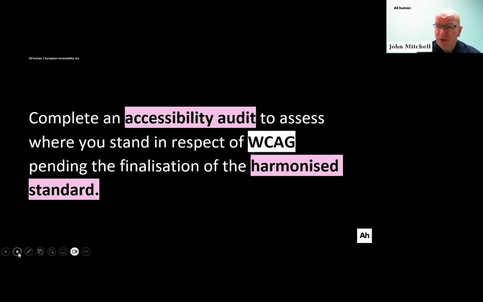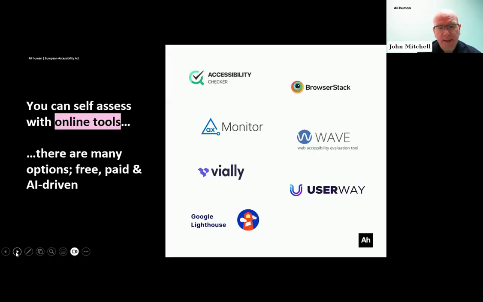There is a trifecta of typically design, content, and technology or developmental tasks, and broadly speaking, accessibility compliance falls into those three buckets, and they're quite interlinked. So the accessibility audit gives a snapshot of where your digital asset is standing in respect of the WCAG, and I can't emphasize enough that WCAG is the standard that is being used and applied pending the finalization of the harmonized standard, as Dermot alluded to. If you go on to the next slide, please.